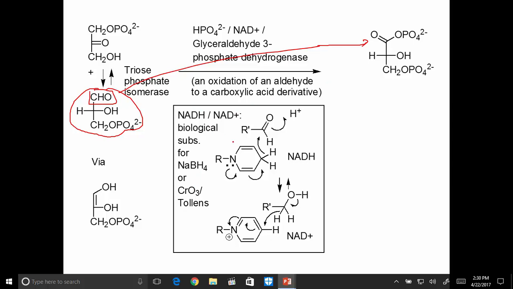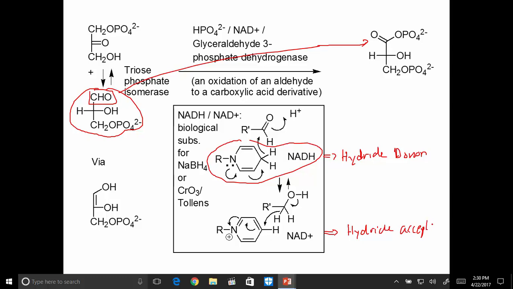We use NADH, shown here, which is a hydride donor, or NAD+, which is a hydride acceptor. Okay, so the oxidation here, NAD+,